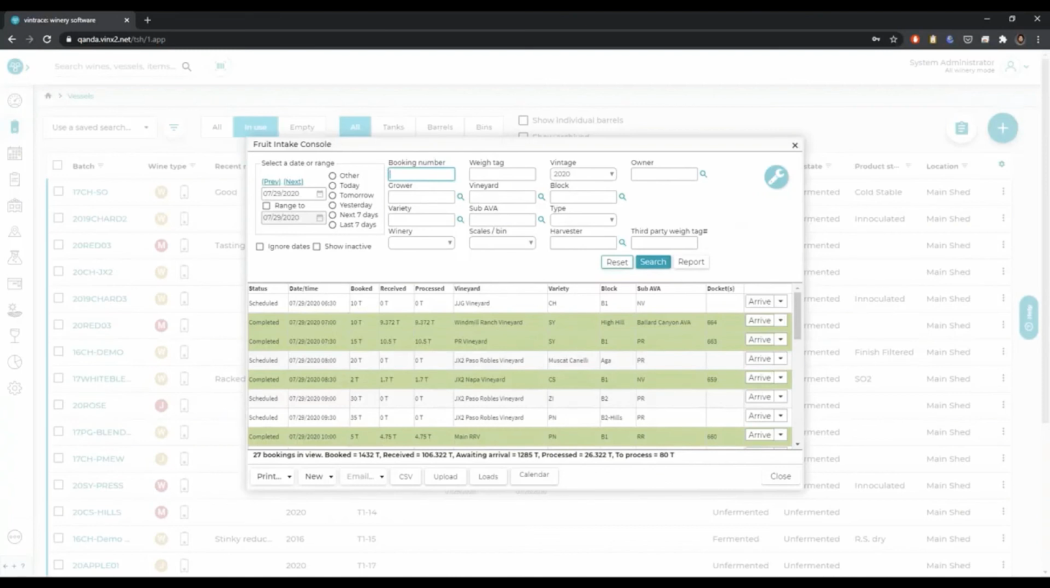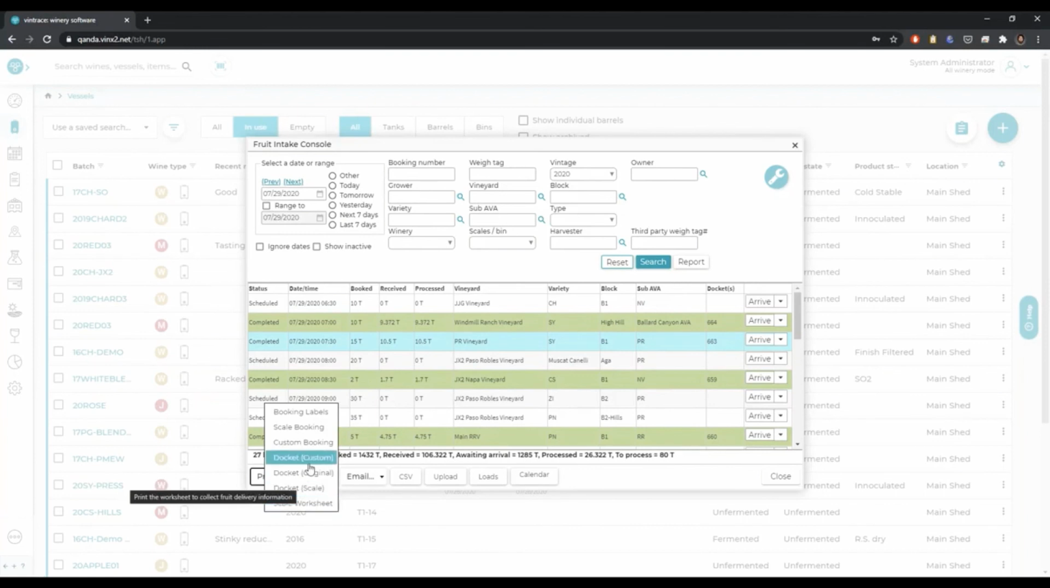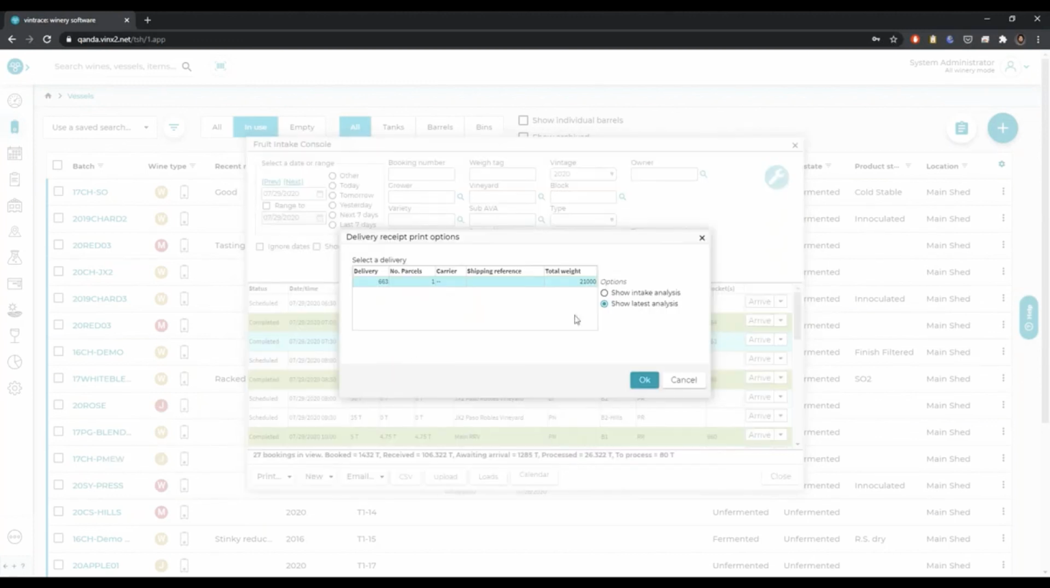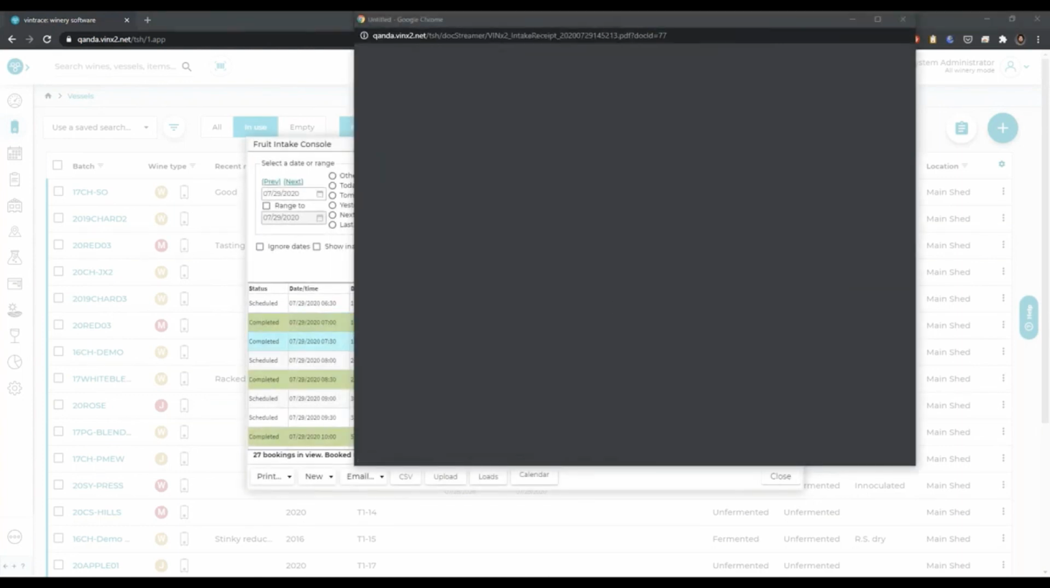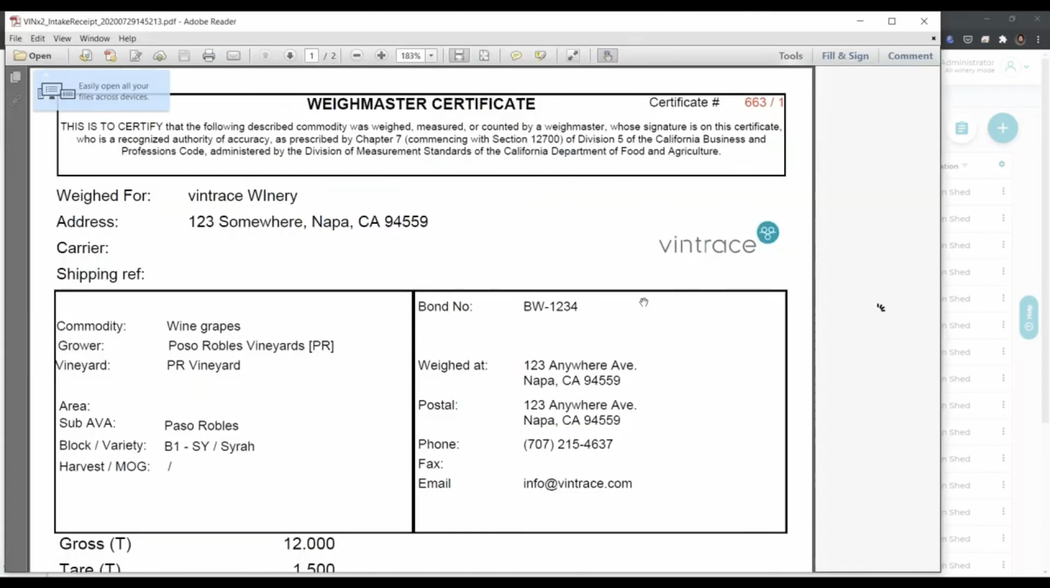So from here, if I need to reprint this weigh tag, I can click on it, turn it turquoise, and then down here at the print option, you can choose to print the scale worksheets that I talked about, the scale bookings, booking labels, and then it's the docket original, correct? Yep, I think that's the one. And then it has to show lab analysis. So if lab analysis were entered,